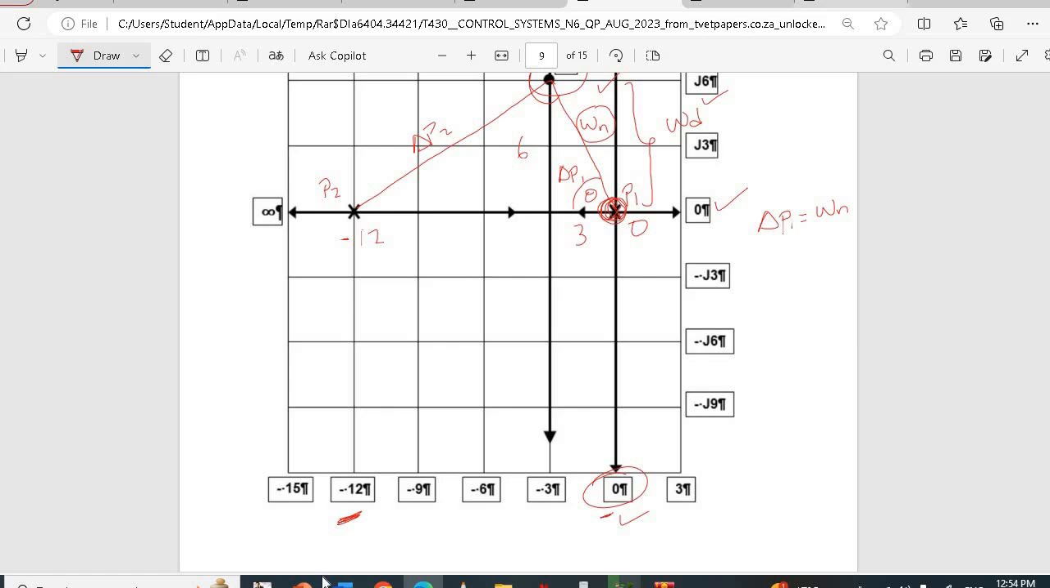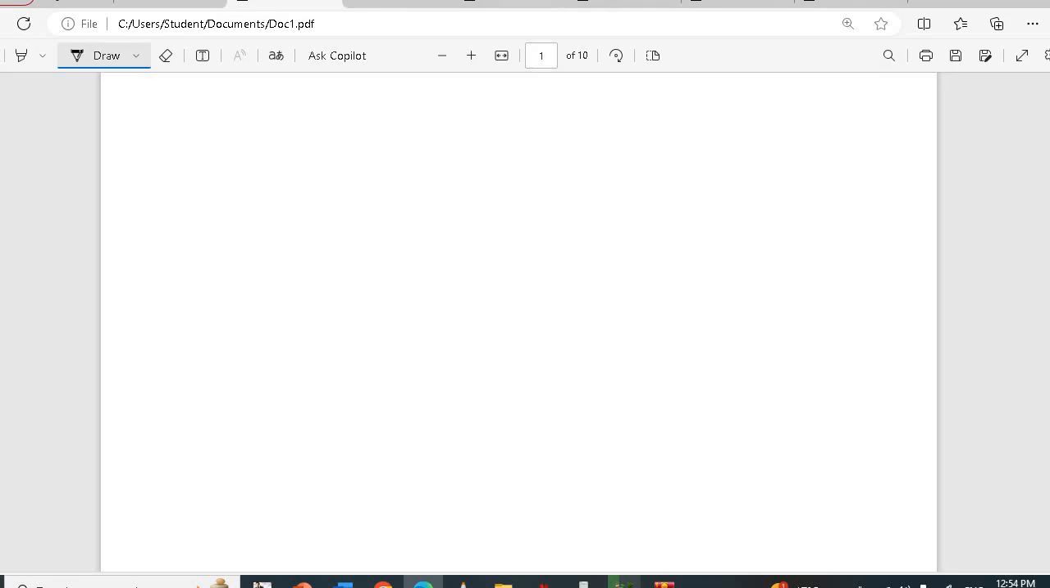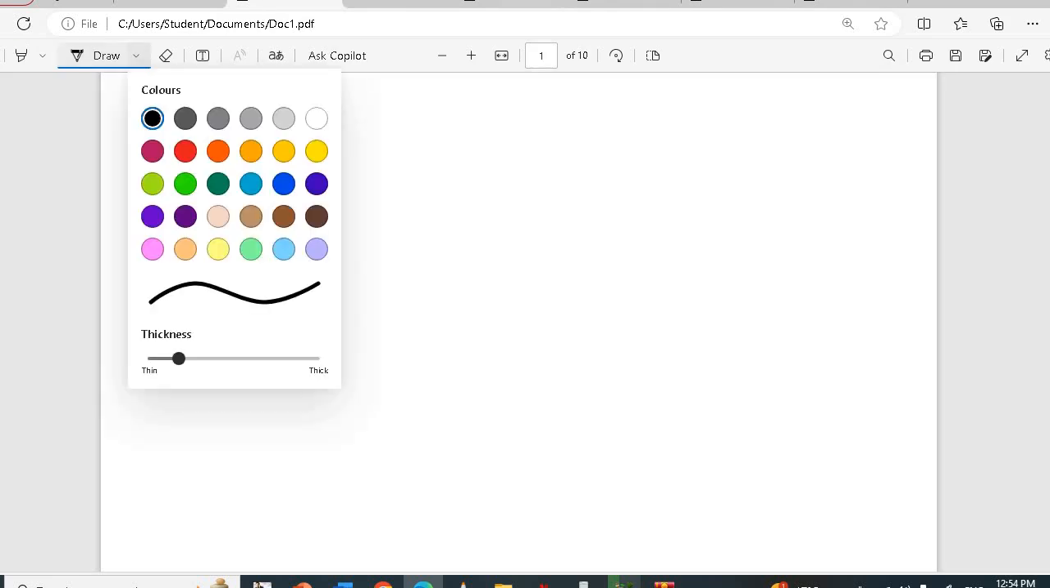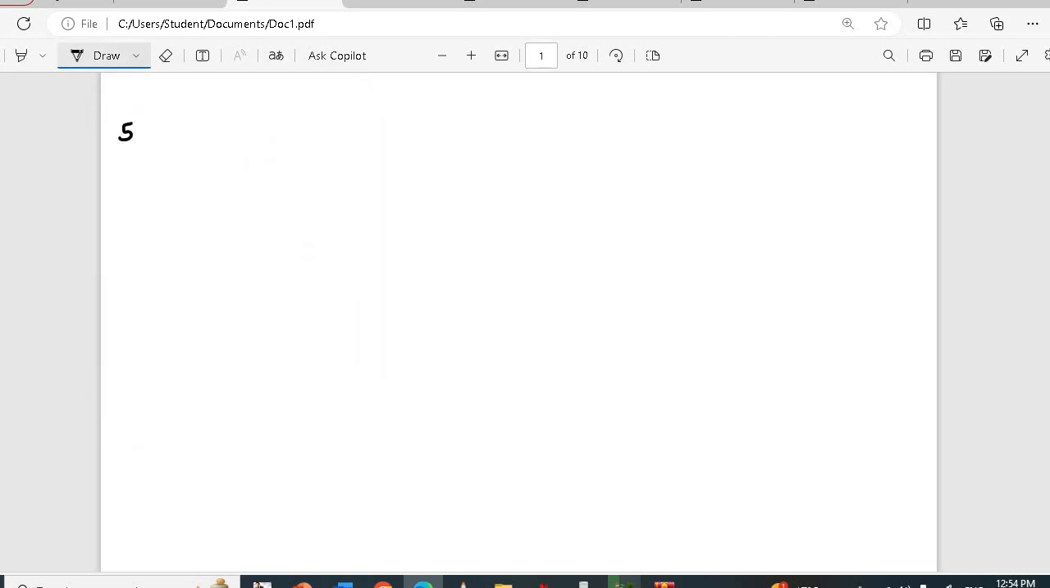So when you identify your poles, you can just come here. This is question 5.1. Let me reduce the thickness. So I'll say 5.1, poles equals 0 and minus 12. That's the first one. Now number 2,